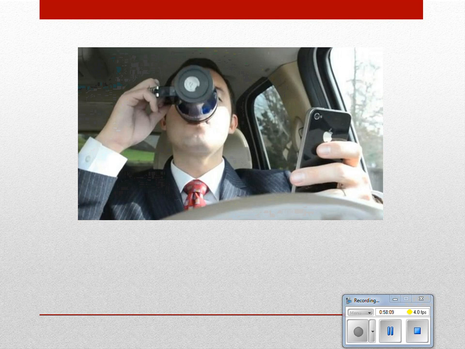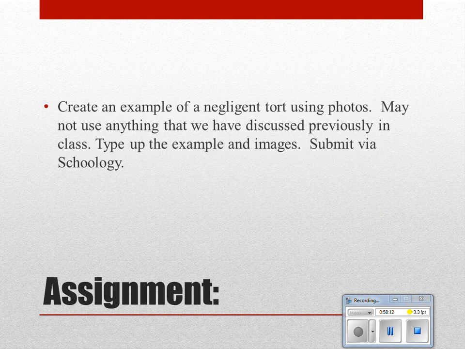Okay. All right. This is your assignment, and I'll leave this up here. Before the end of the period, I want you to create an example of a negligent tort using some photographs. You cannot use anything we've discussed in class. You have to come up with your very own brand new example. Type up the example and the images. This should look something like our sketch here,